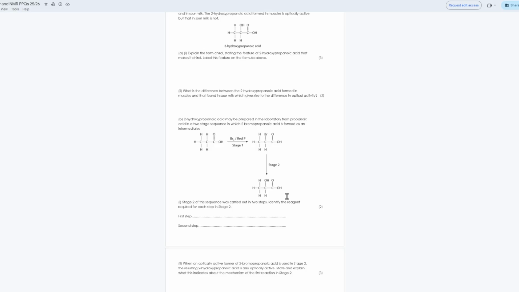The 2-hydroxypropanoic acid formed in sour milk is formed from a carbocation intermediate in an SN1 mechanism which forms a racemate which is not